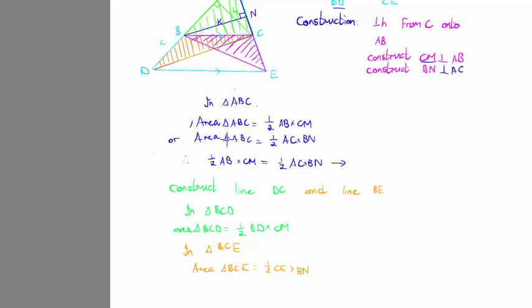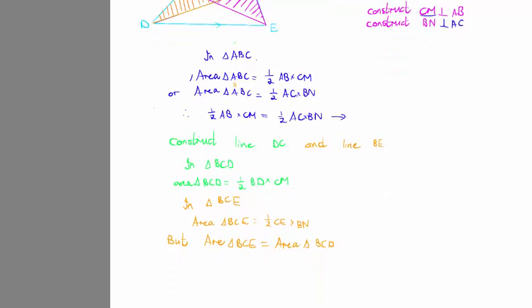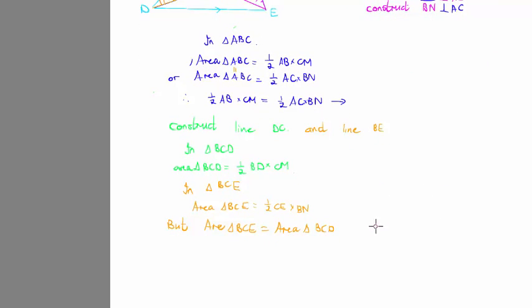Okay, and just like in this one, the two areas are the same. This case it was easy because it was the same triangle. This case I have to actually use a theorem to show that the area of triangle BCE is equal to the area of triangle BCD, and then the reason I give is same